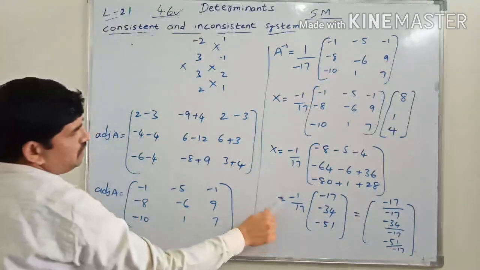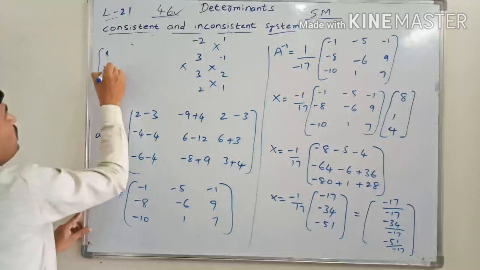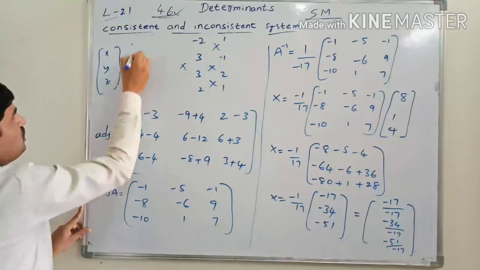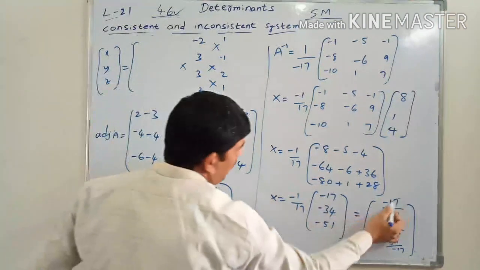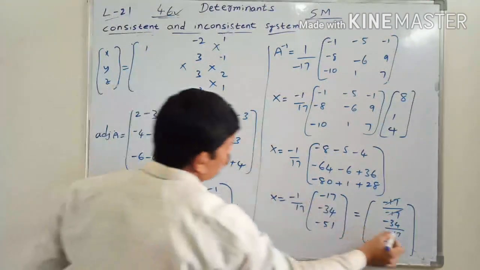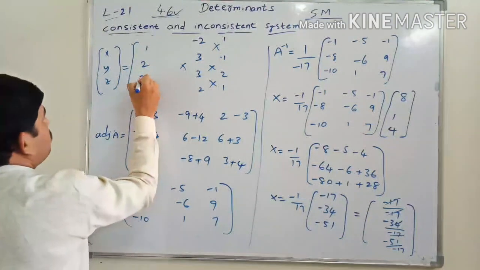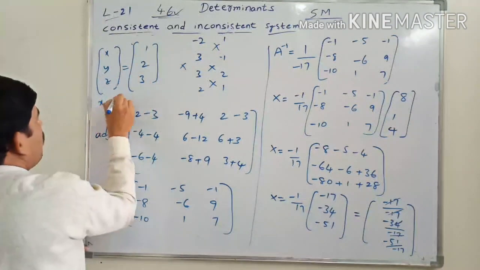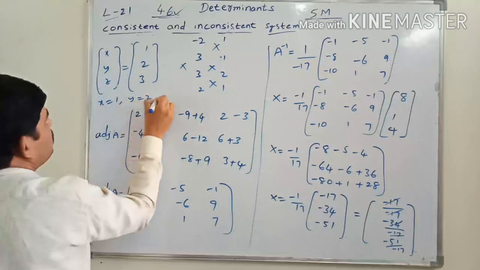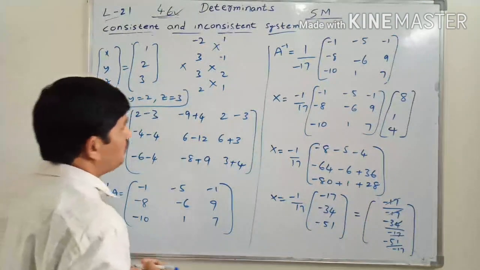So what is x here? This is the x matrix. Now what is x? X is actually x, y, z, yes or no? It is equal to what we got here by making the cancellation of this 1. Next one is 17, 2 times it is going to cancel. And the last one is 3 times. Finally we got the x value is 1, y value is 2 and z value is 3. Okay, this is the solution for this example.